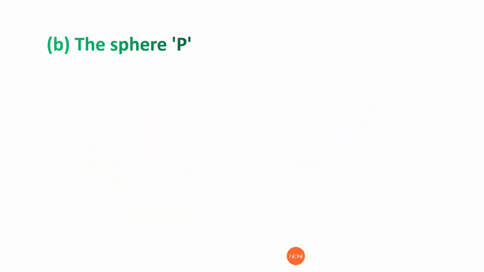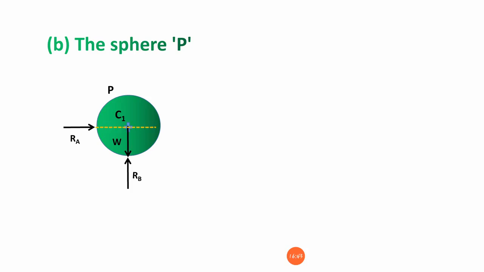Next we can see the sphere P, how it is in the equilibrium condition. In this case I have taken P, so it has the self weight acting in the downward direction. At the same time there is a reaction force RA coming from the wall, and similarly the RB force is coming from the bottom of the cylinder. At the same time we have removed the contact of Q. That means the exerting force we show here as RDQ. So then the line of action is passing through this one.